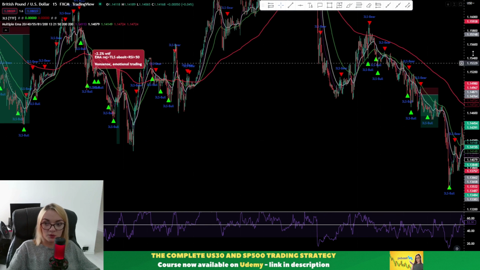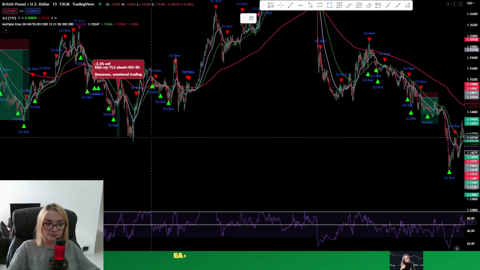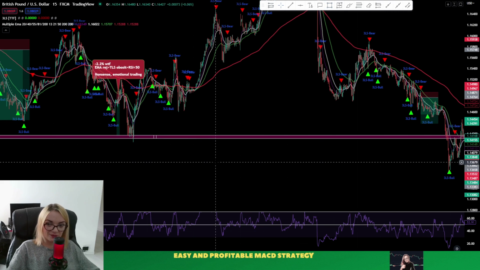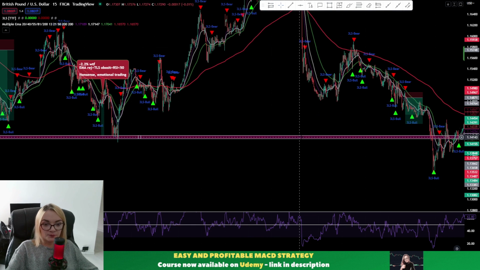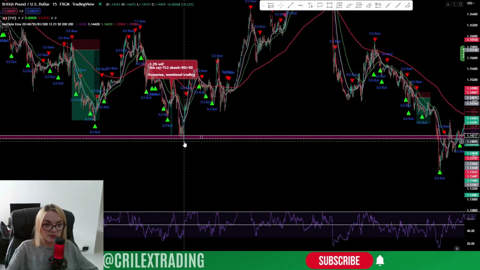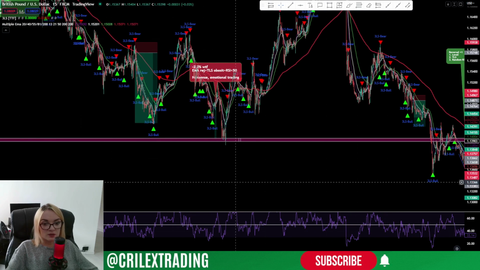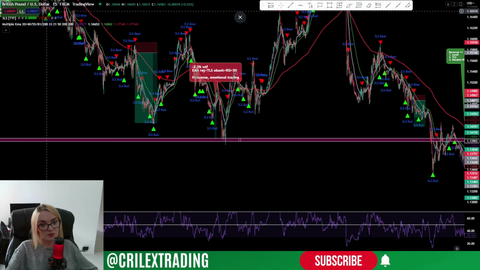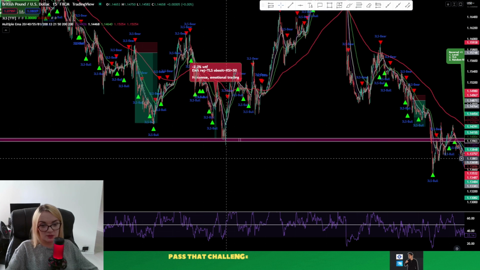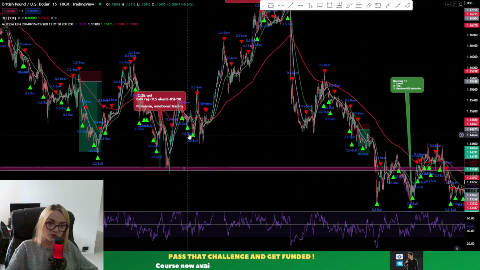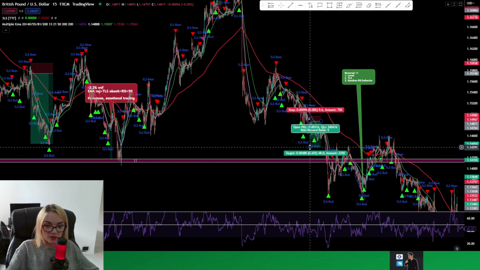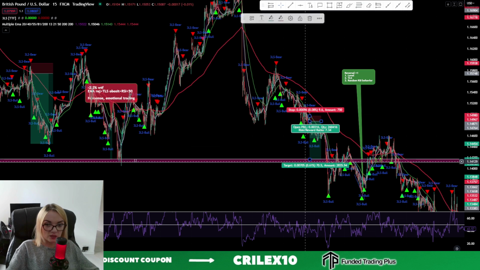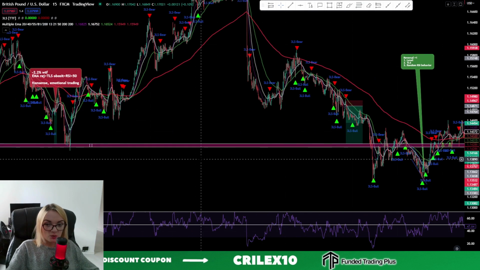I targeted this level because we've got this really nice level here, which was a really important level, because as you can see, we've got here a downtrend, and after the price hit this level here, the actual trend switched to an uptrend. So our target here will be exactly this level, which would be a 7 to 1 position,